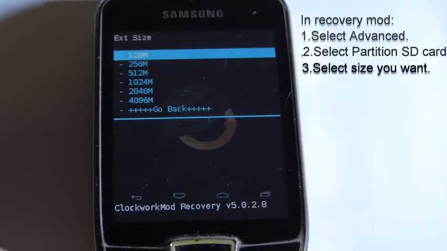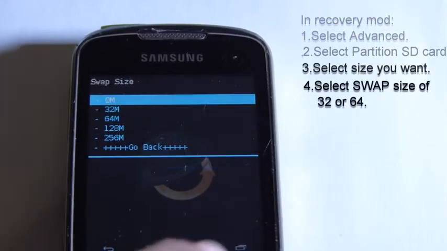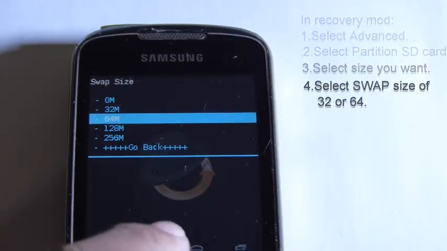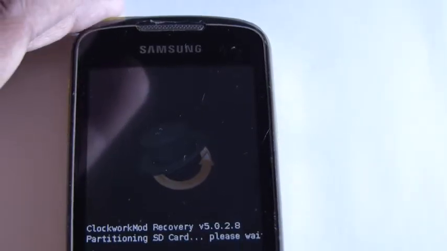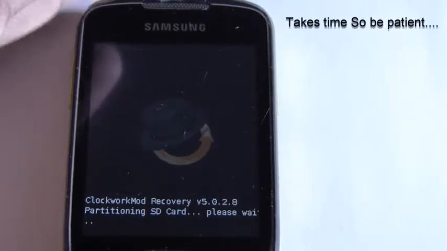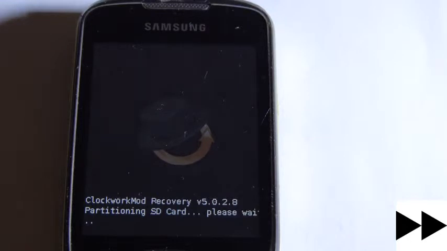Now select the memory as per your requirement and then press OK. Then select the swap size of 32 or 64. Don't go beyond it and then press OK. It will start the procedure of partitioning, and the amount of time it takes depends on your device.